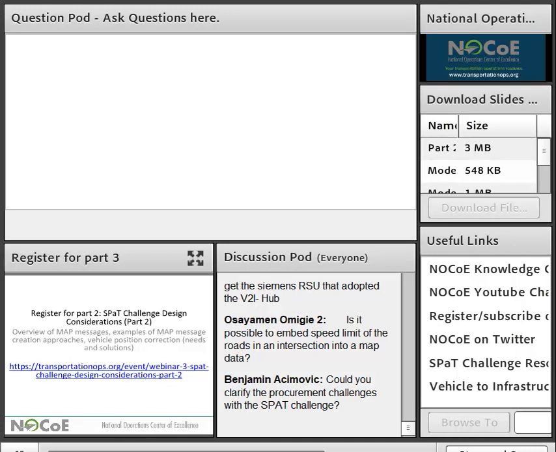I forget how we would handle variable speed limits. I need to check that. But for a posted speed limit, that would be part of the map message. Right now, the RSUs should conform to the J2735. You can look at the RSU specification, but what does that really mean? So if you're providing SPaT data, SPaT message, for example, yes, then you should conform to the J2735 SPaT message. If you're only providing map, then you should conform to the J2735 map messages. So it could mean different things. If you want to read the basic